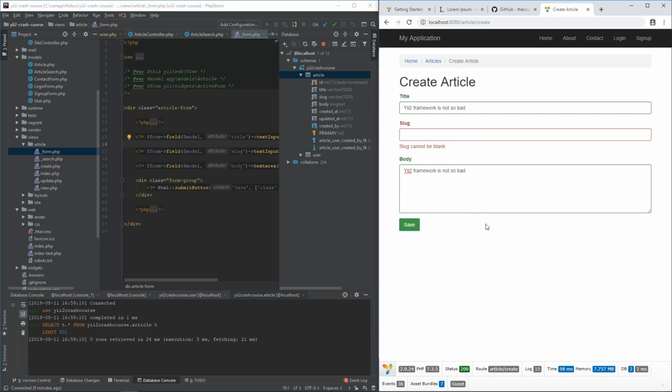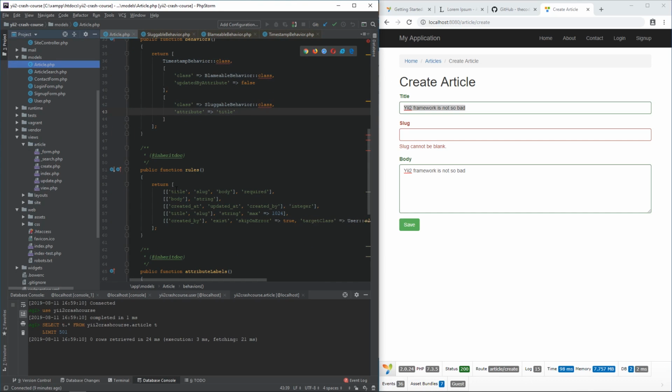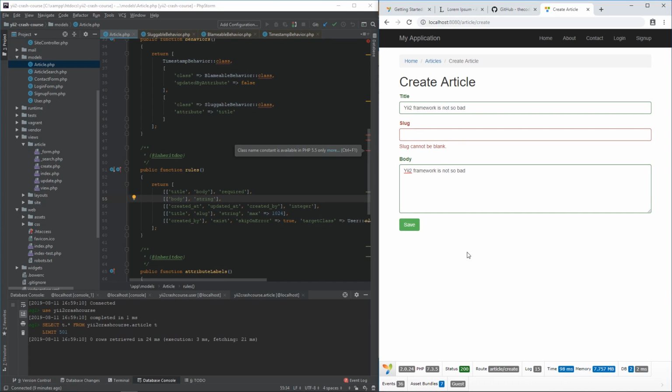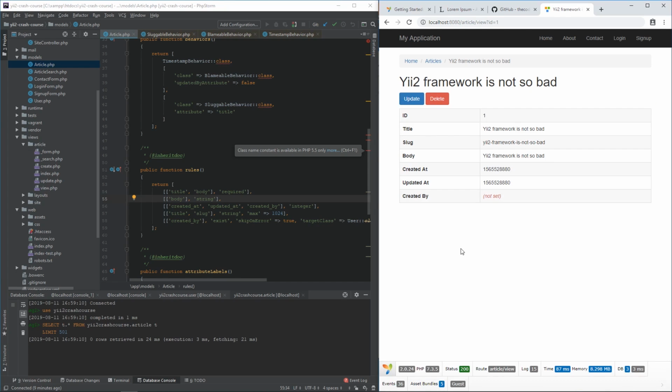Hit the save button, and it tells that slug cannot be blank. That's quite true. We need to go to the article rules, and let me collapse this. We need to go to the article rules and remove this slug from the required field, because if it is empty, it will be automatically generated based on the title. If you put something there, it just won't generate. Okay, so let's refresh the page, put title, body, hit the save, and here is the view page of the just